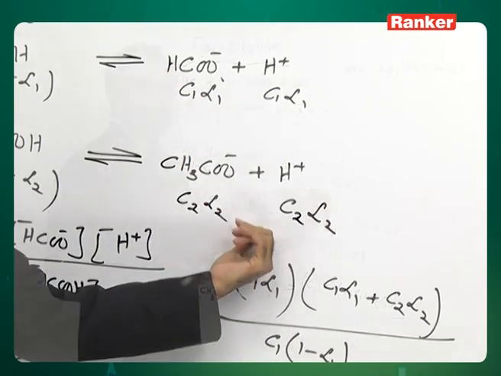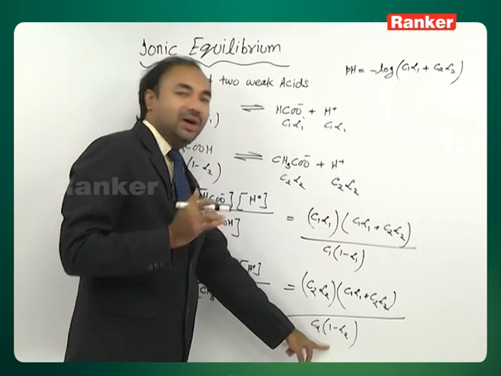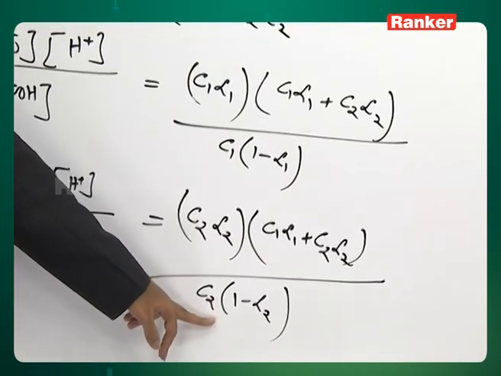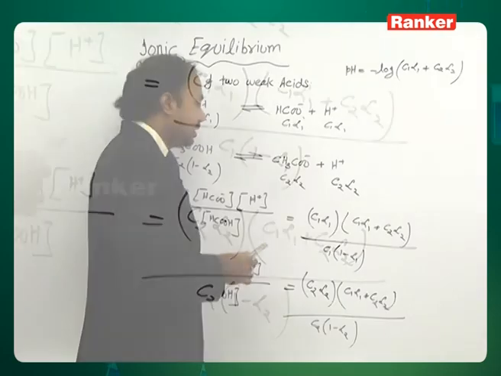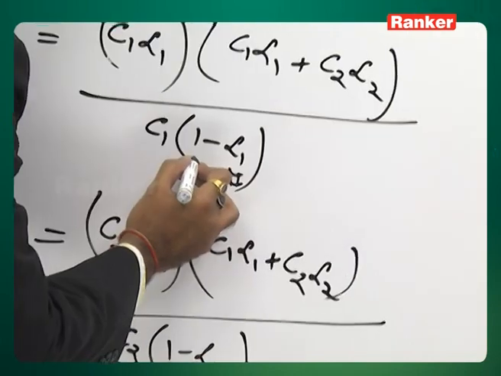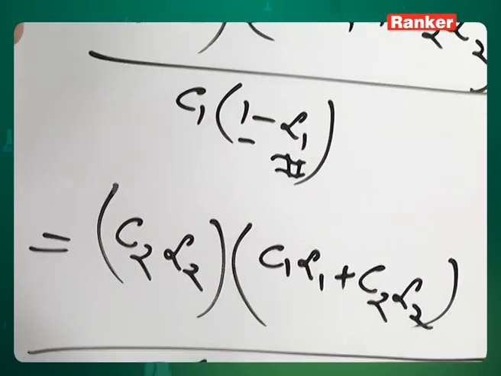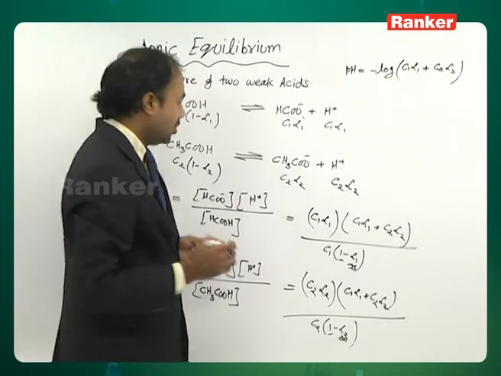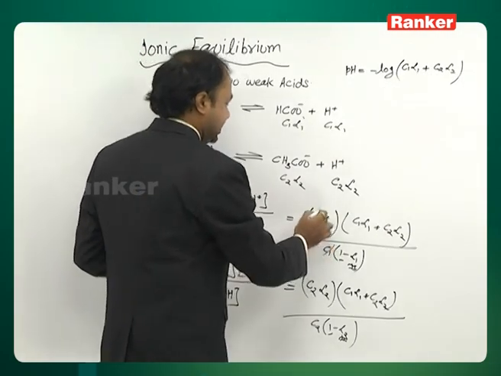Once it decreases, alpha 1 and alpha 2 get further suppressed. So one of the approximations which is taken comfortably here is that these values can be neglected in most of the cases as compared to 1. Got it? Now if you see further, this gets cancelled anyhow